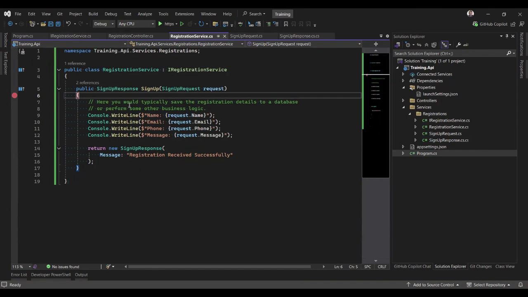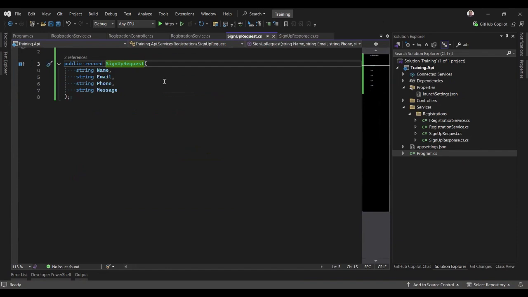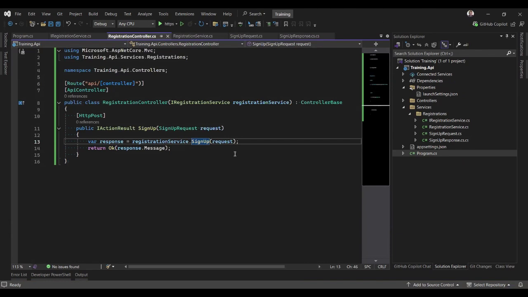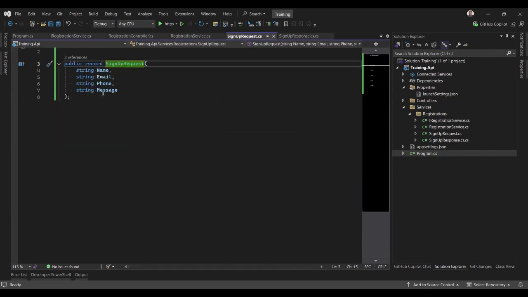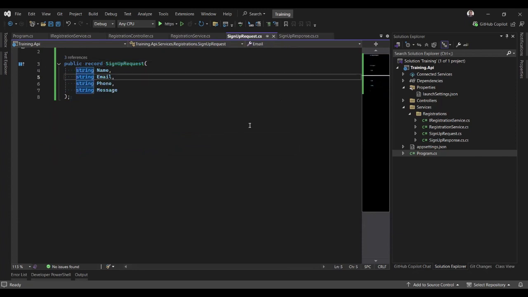But for the course of today, I will just use the simple one, which is the attribute, on the sign-up request. Okay. So I'll go to the sign up request because that is what the request is coming through the API, right? Or let me go to the controller first, look at the sign up request here. I will go inside of it. I'm holding control and I'm clicking on it and it takes me here. So I'll go to the front of this email. I will open and close the square bracket. Inside of it, I will write